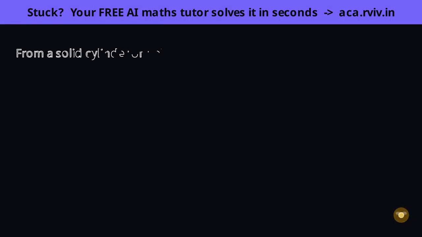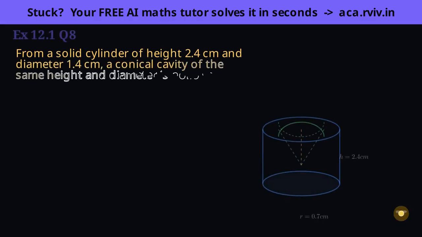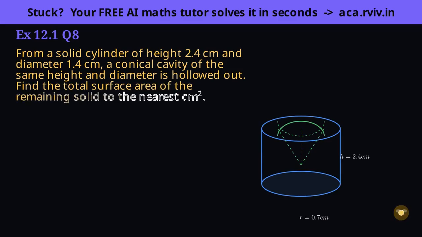Drill a cone-shaped hole down into a solid cylinder. The top circle disappears, but the inside slope of that hole becomes a brand new surface you can now see. Let's track carefully what the drilling changes. After hollowing, 3 surfaces make up the solid: the cylinder's outer wall, still there, the bottom base, still a full circle, and the newly revealed inner slope of the cone-shaped hole. The top circle is gone. That's where we drilled in.